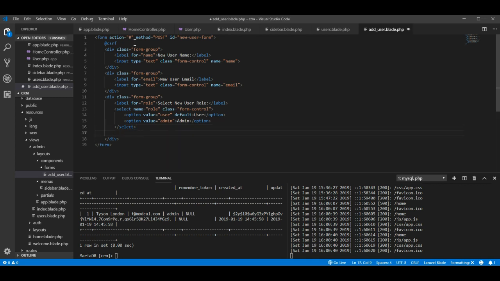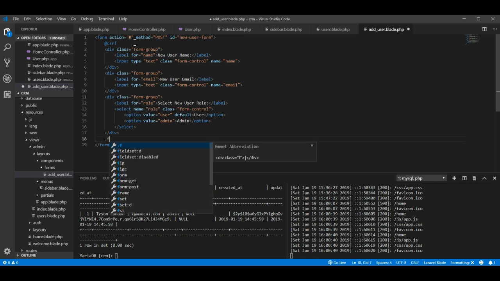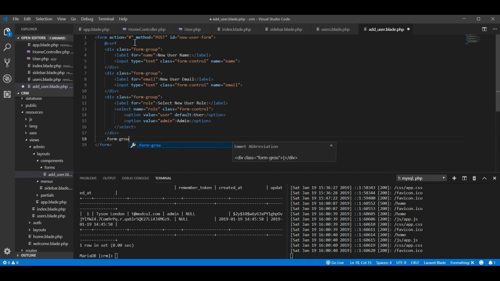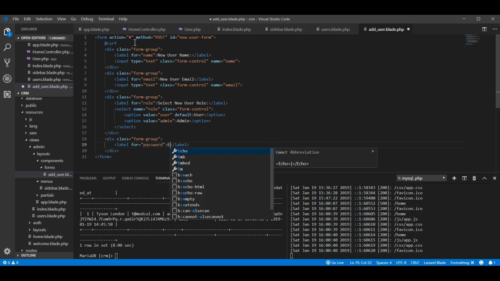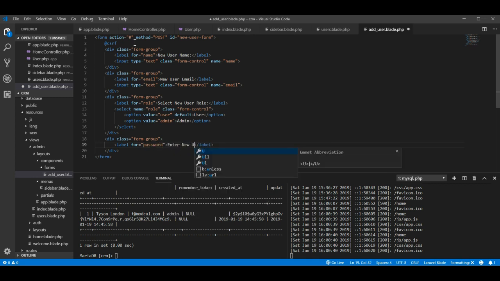And then we need to add a password and then a confirm password. So we need to add two more fields in here. So form-group, label, password, enter new user